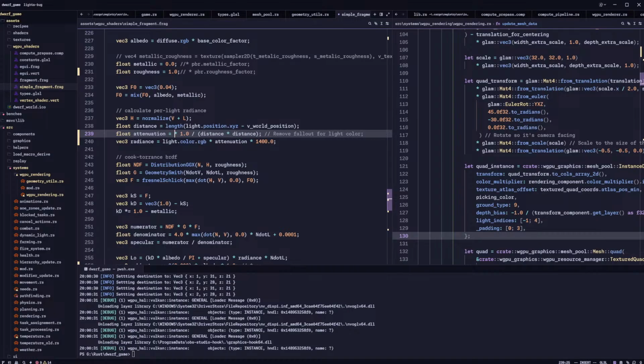So I want a factor that when I multiply here, so when it's disabled, when it's disabled,